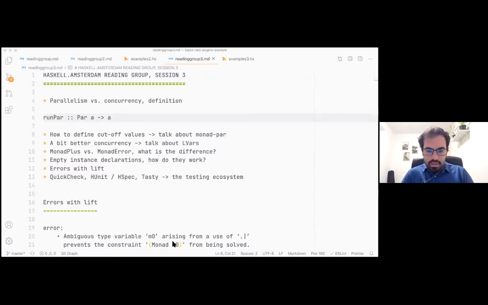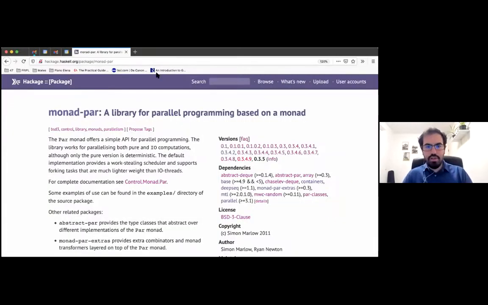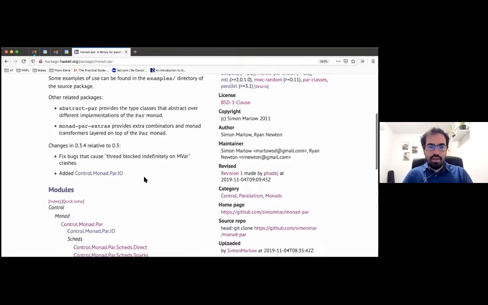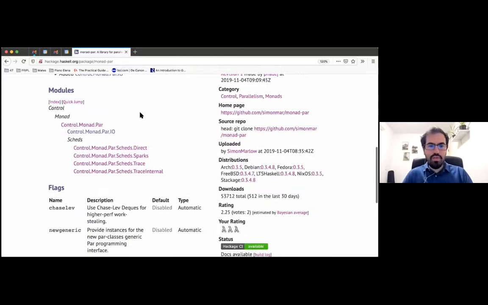Let me see whether I'm... Yeah, I want to share Firefox. So let's see. Here we are. Yeah, these are the different... Well, this is one of the